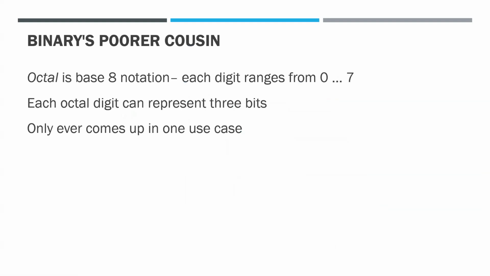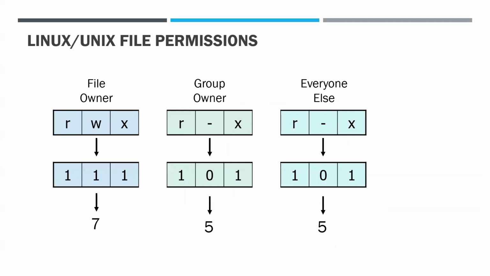Now, hexadecimal is base 16. You also sometimes hear about octal, although not so much anymore. Octal is base 8, so digits range from 0 to 7. That means we can use 3 bits to represent octal digits. And frankly, there's only ever one modern use case for this that I've ever seen, and that is Linux and